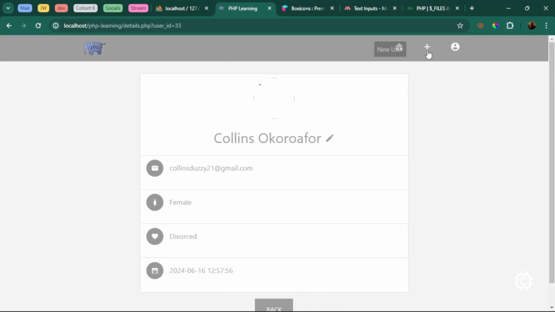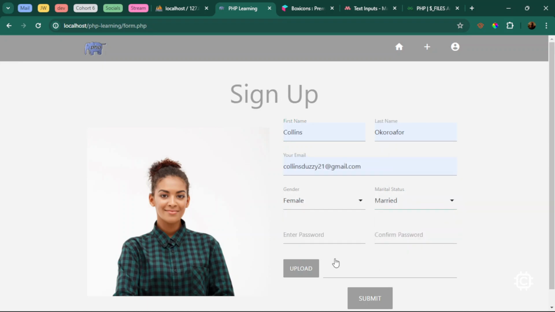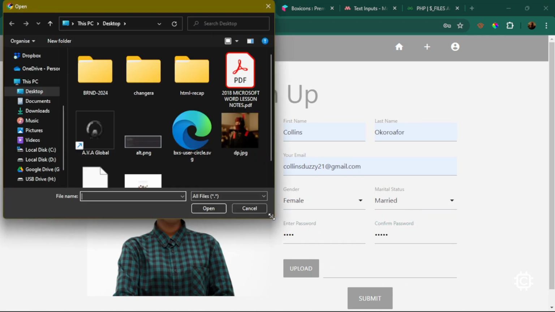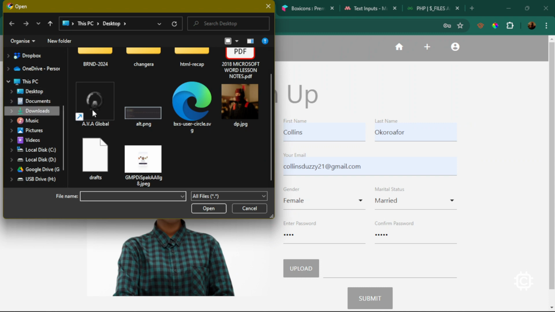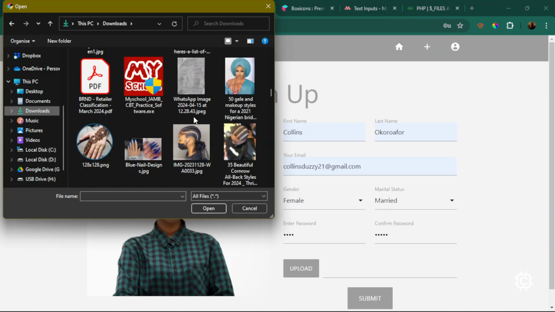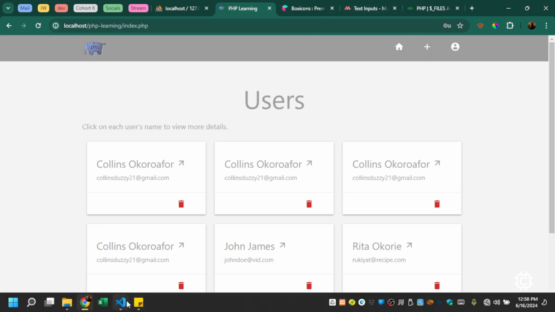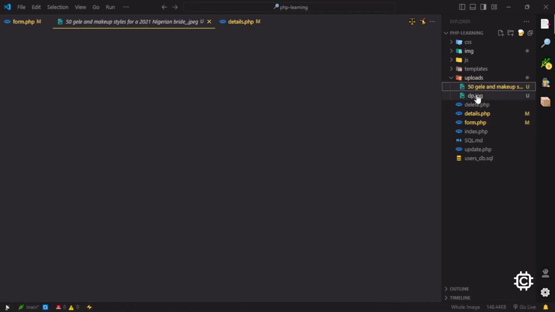Let's try another image. Go to new user. Which people have I not used in this form? Oh my god. Let me just use the same person. Upload that. Click on this. Don't have many images here. I'm going to download some so that I can get some images there. Okay, let me use this one. The name is crazy. Submit, and then come to my code,